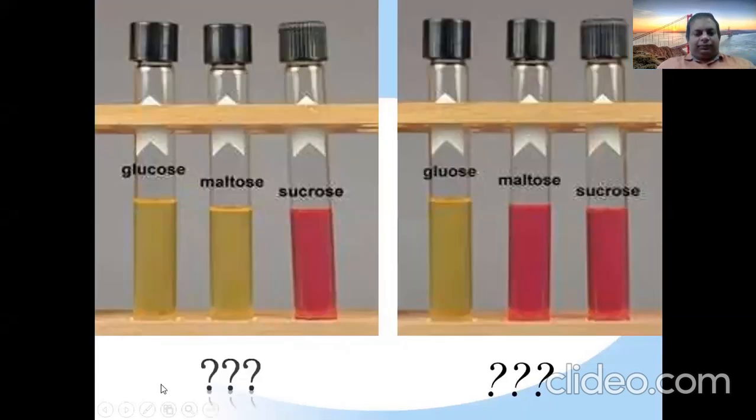Once phenol red is there, the initial color of phenol red is red, which we'll say is alkaline pH. Once we have put this glucose